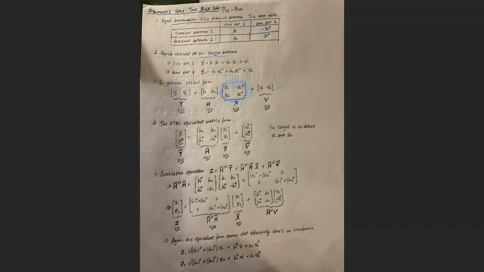The purpose is to detect x1 and x2 based on y1 and y2. So we rearrange everything in this form so that we can see a relationship between x1 and x2